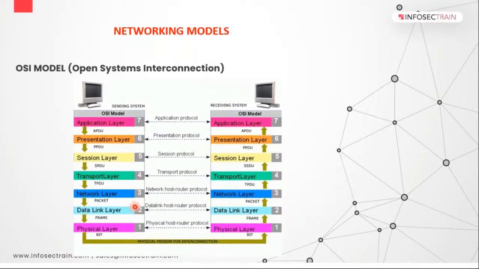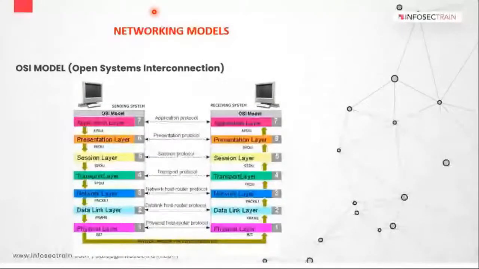So at the sender's end, the data link layer was adding MAC addresses. Now at this point, your data link layer is checking whether the MAC address is matching or not. Right? Now if the MAC addresses are matching, it will shred the portion that has the MAC address.